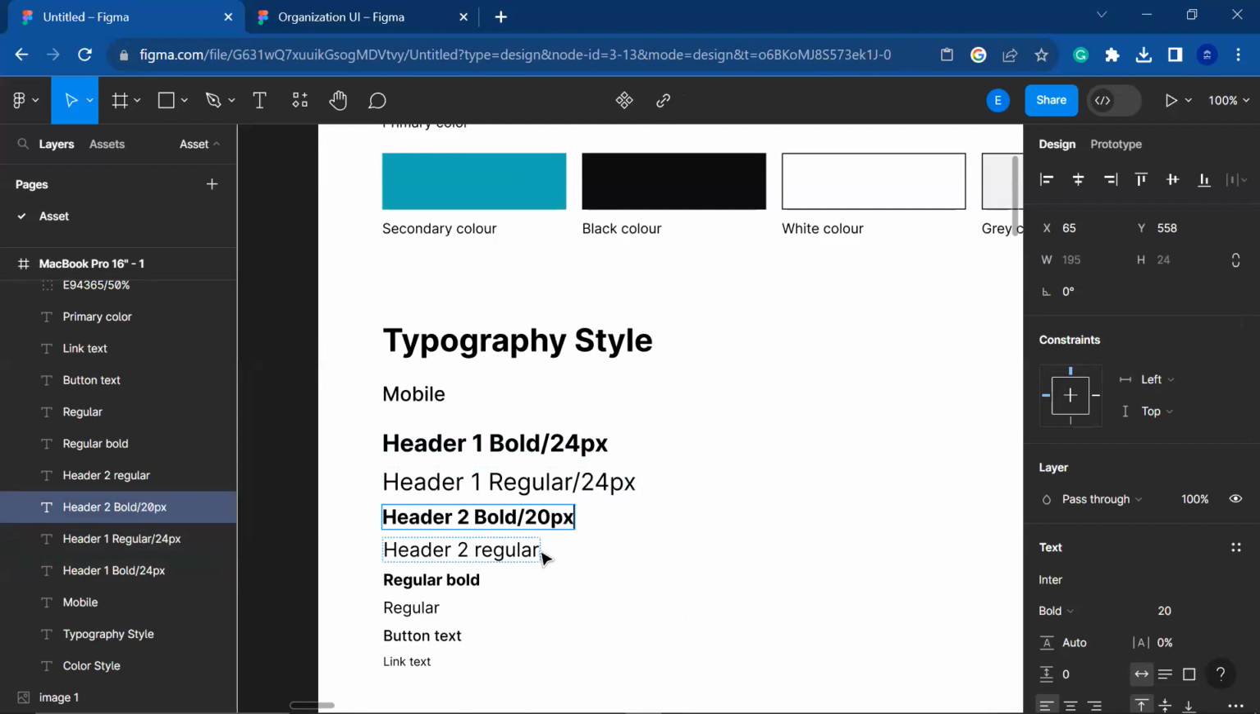So this is slash 20 pixel. So this I now know the normal name to call it: body text. So yeah, this body text, which size is this? Size 16 pixel. So for our regular too is